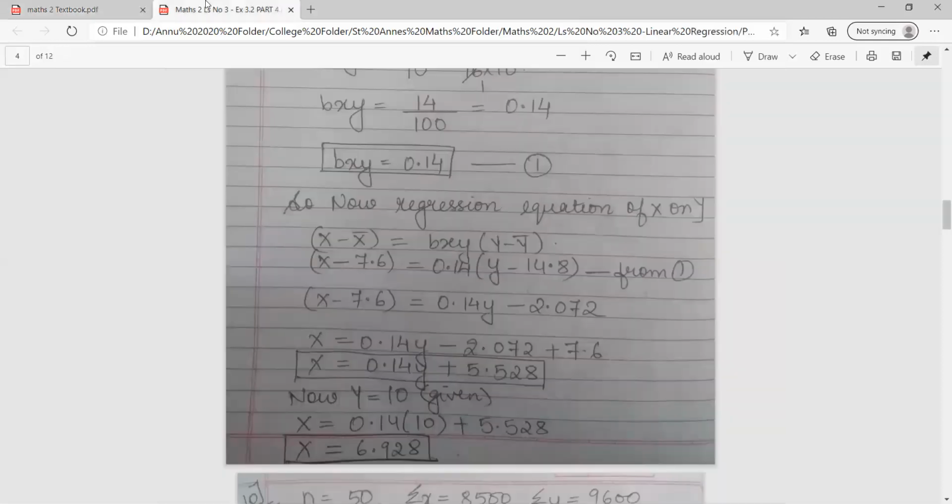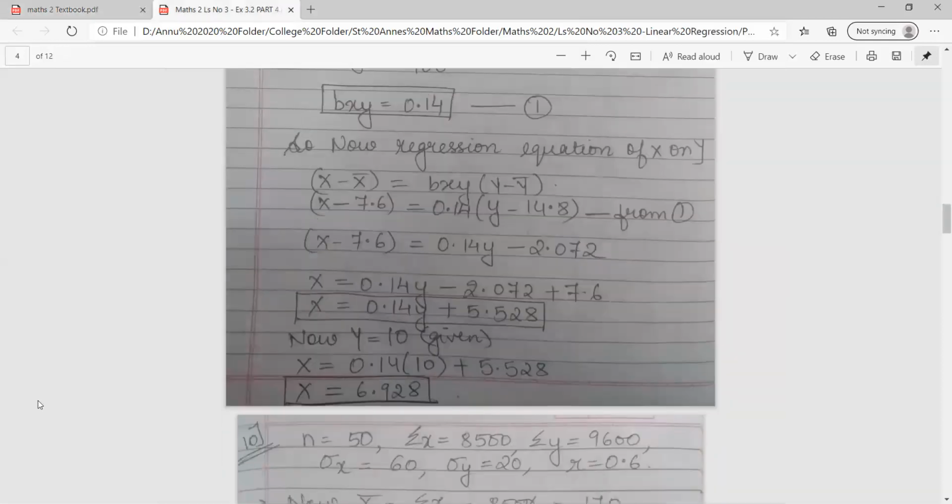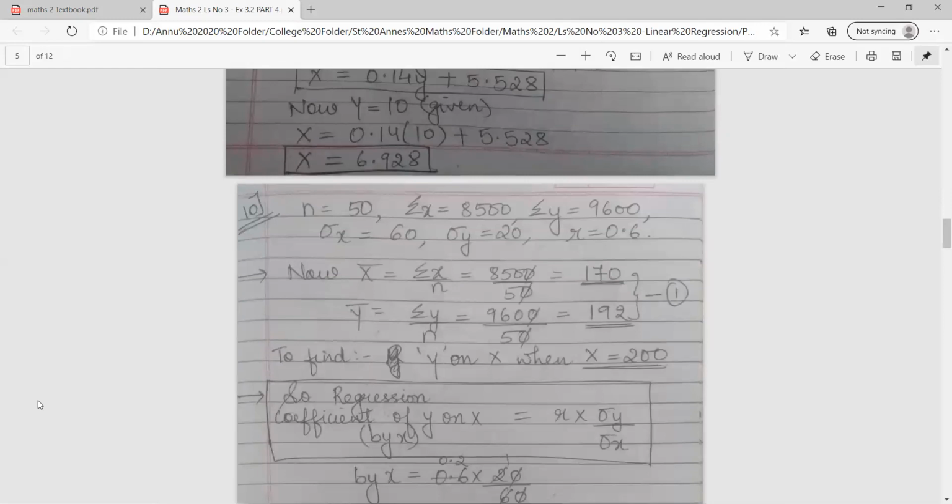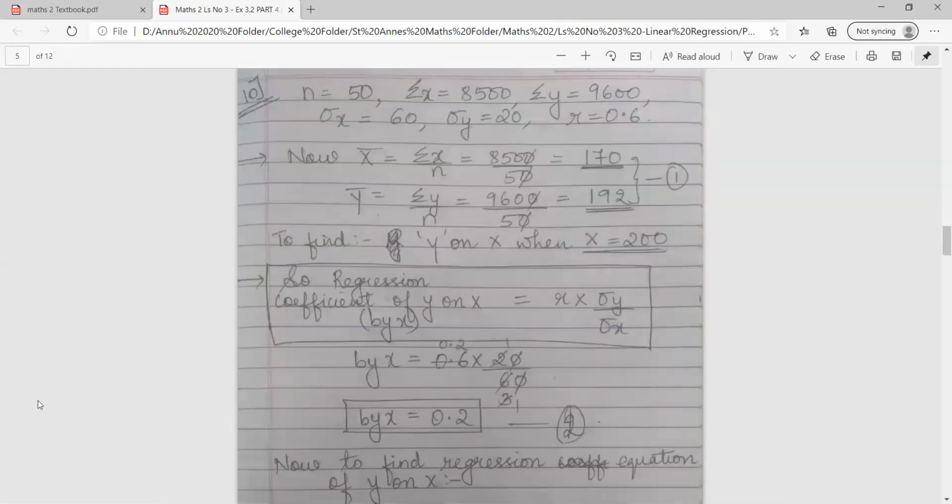So in this sum class, you are not given the x bar and y bar, correct? But n is given to us and total is also given to us. So the very first step is to find out the values of x bar and y bar. So I put the formula summation x upon n and summation y upon n. And I name it as point number 1.